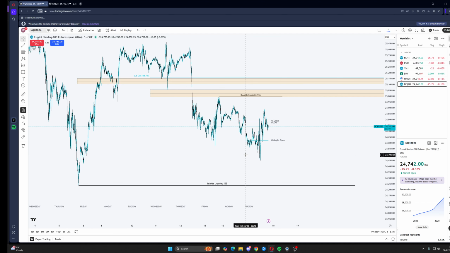But I don't care about predicting the whole week from the start. I like just predicting the day and maybe tomorrow, because sometimes when you wake up, the whole market, everything just changes, so you're just going to have to do the analysis again. But that's what I'm currently looking at.